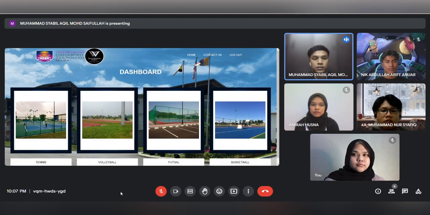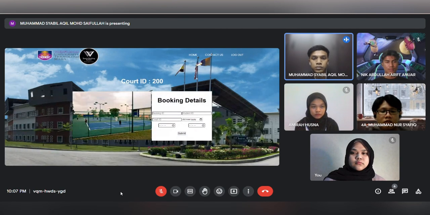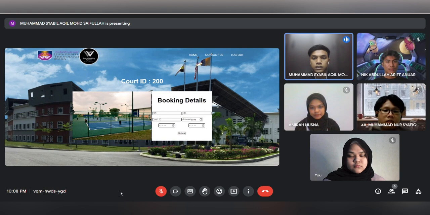So when we want to book a reservation, we need to click the image. As an example, if I click tennis, then this will come out, which is the tennis court. So first of all, the student needs to enter the booking ID, then student ID, court ID, date, book start, and book end. As an example, I enter 215 for booking ID, and the student ID is the same as the login, which is 121, and the court ID, which is at the top of your page, which is 200,